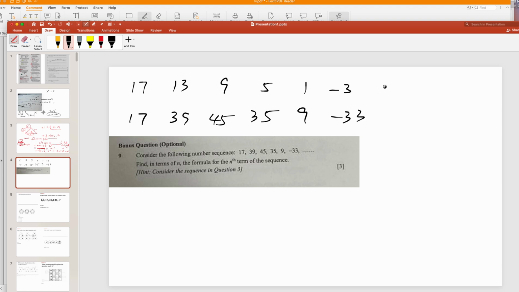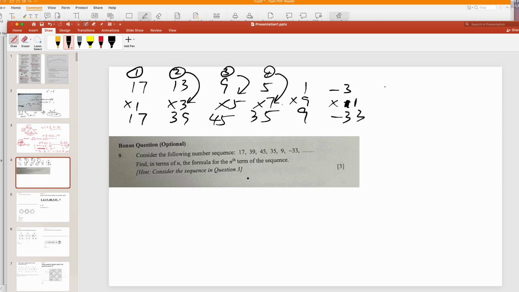So this formula, can you see it's times 1, times 3, times 5, times 7, times 9, times 11. So the first number you times 1, the second number you times the second odd number, the third number you times the third odd number. Can you see? So the fourth you times the fourth odd number. So therefore, how do you get this? The formula for the above is